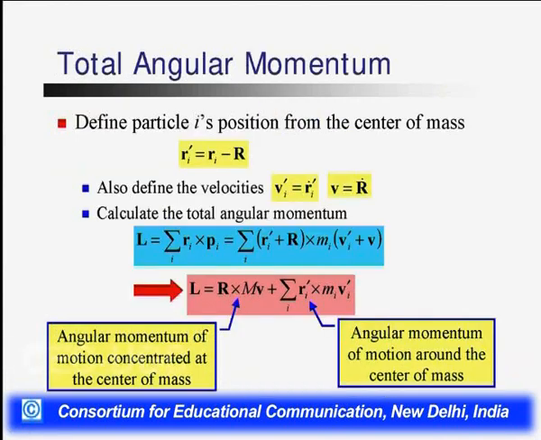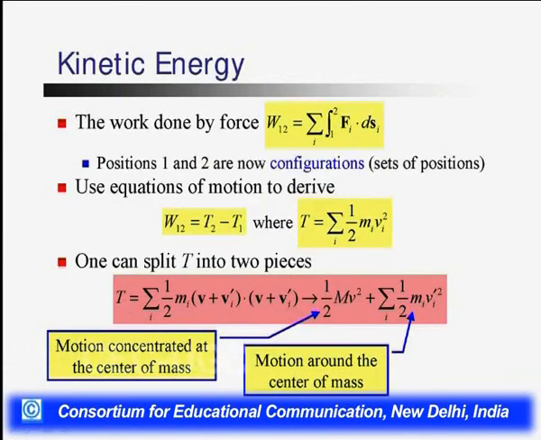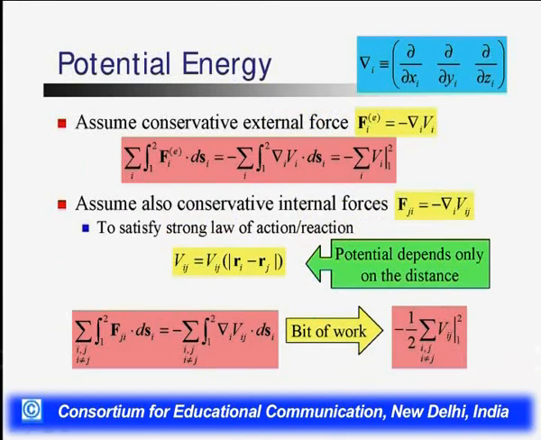In the previous part we also defined the total angular momentum as concentrated at the center of mass and around the center of mass. Similarly here, the kinetic energy is at the center of mass and around the center of mass. Potential energy, we define it as